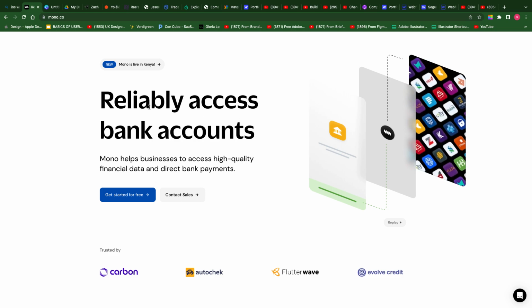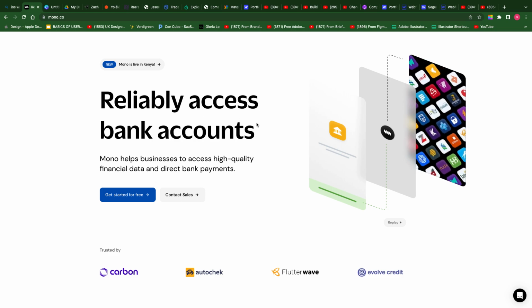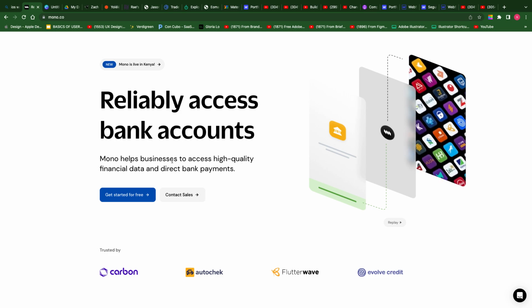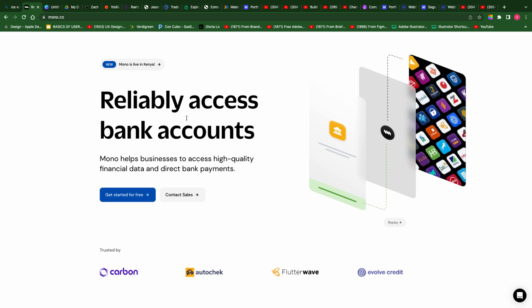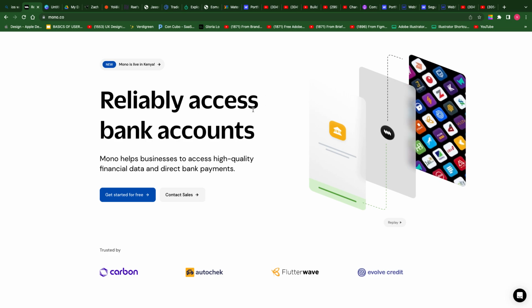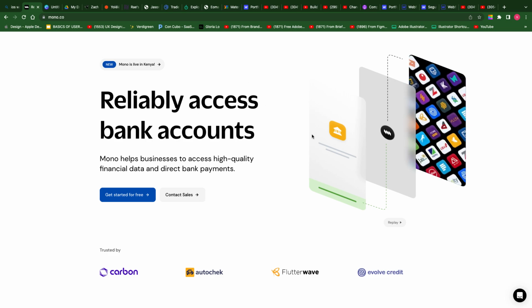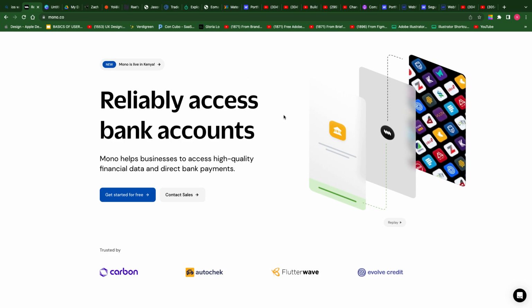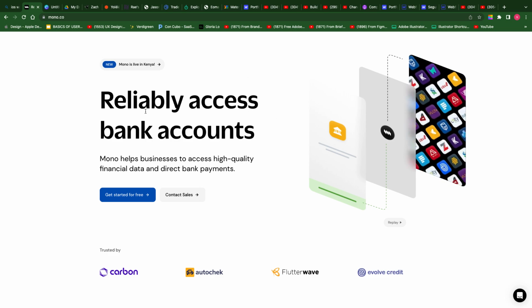So here it says reliably access bank account, right? Although I really don't agree with this, I don't think this is really effective. I don't think this is unique enough. I mean, anything that has to do with banking, any brand in the banking industry,